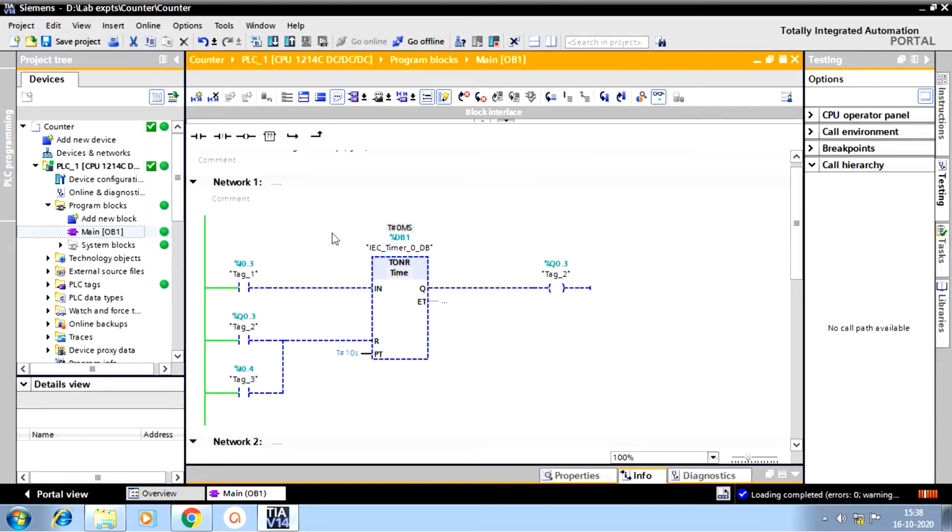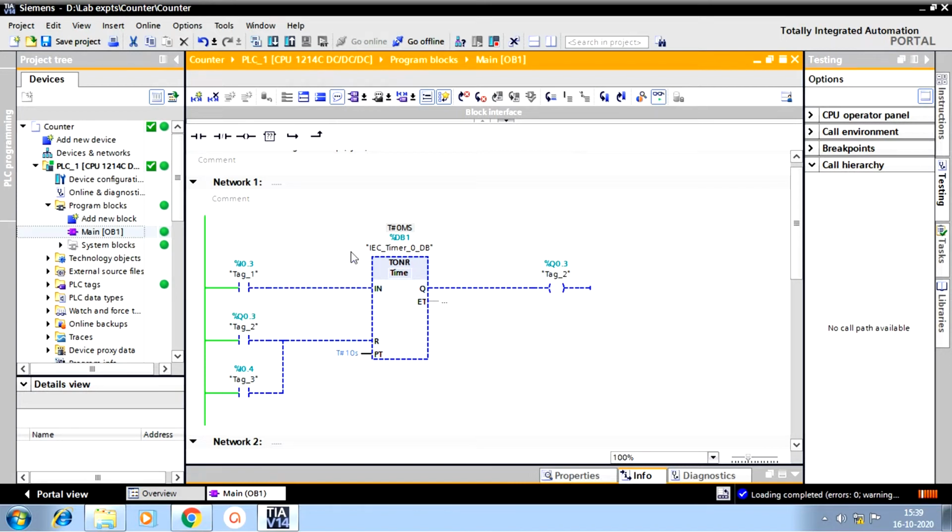So here I have taken a retentive timer. In case of a retentive timer, you have a reset rung here. So we can give an input to this rung and that will make this timer reset. Here I have an input switch.